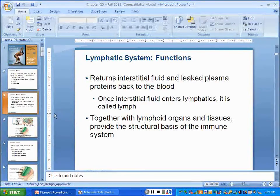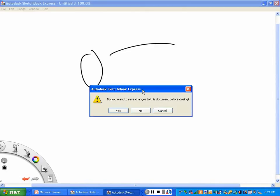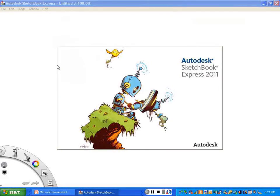So I think we need to see a picture before we go any further. They have provided multiple pictures for us here, but I always like to draw this. Because sometimes it helps people to see a drawing. I think you already know we're going to have to open and close that program because it was not writing where it was supposed to. Oh, much better. If I draw this,